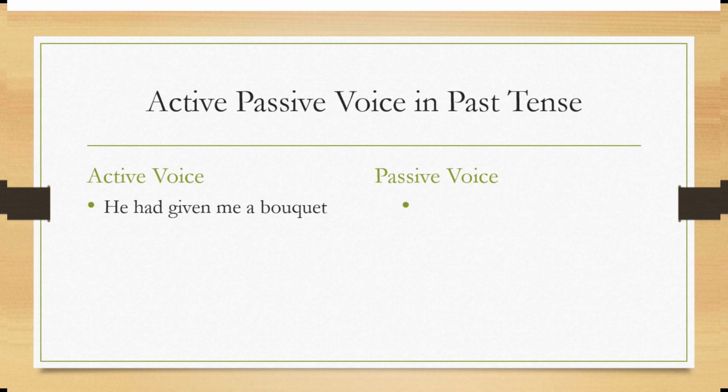Who is doing the action? He. Right? What's the object? A bouquet. Is he doing action on the bouquet? Do you think so? Ask the question. Who is doing the action? He. What is the action? The verb. Now, is he giving me the bouquet? Or is he or she giving something to the bouquet? So, action is done on me.